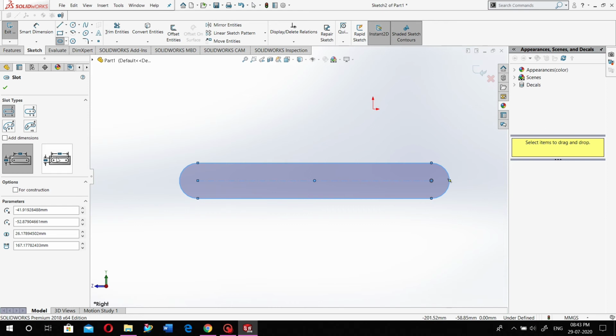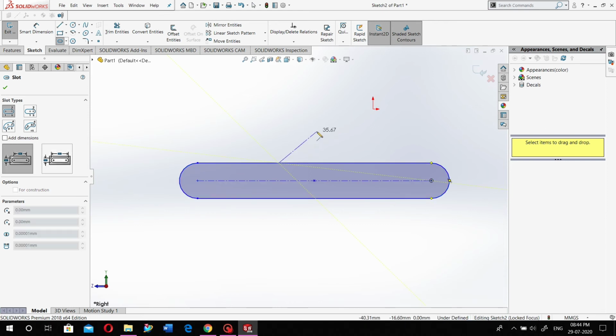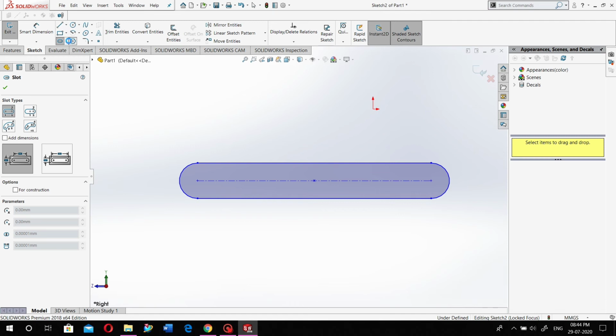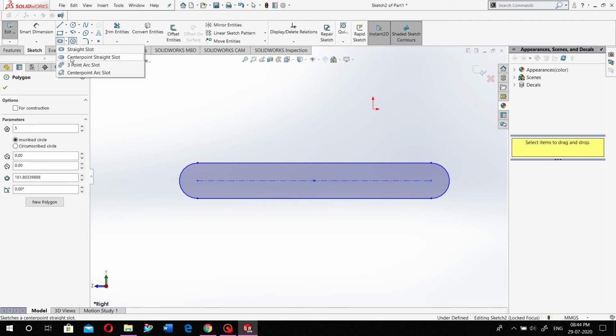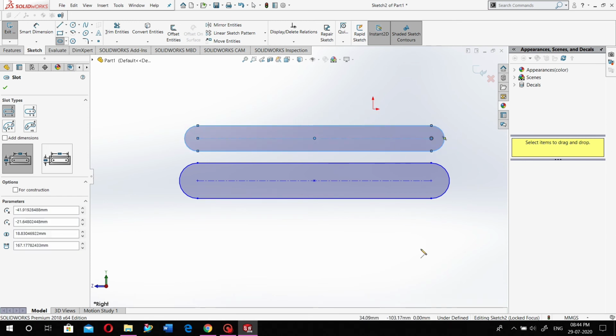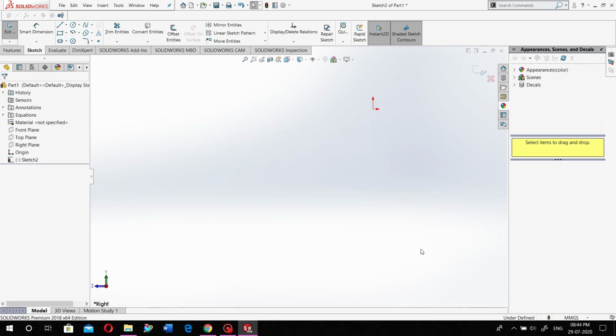It depends on you whether you give it inside or outside. You can select it according to the purposes. You just have to select the first point, second point, and your slot is created. It's a simple thing.